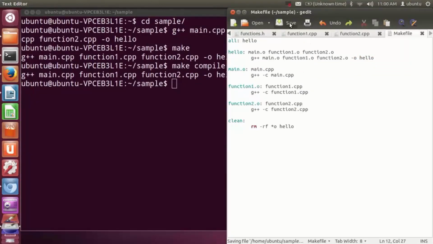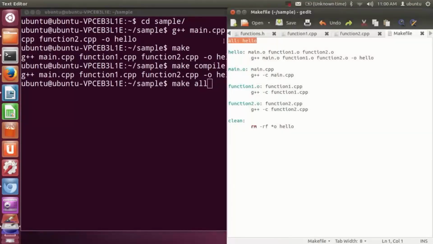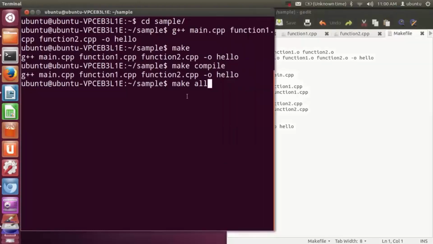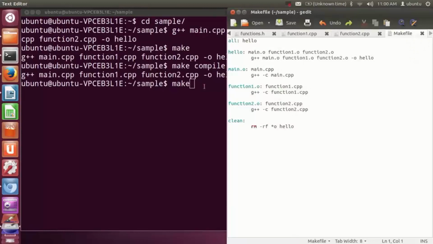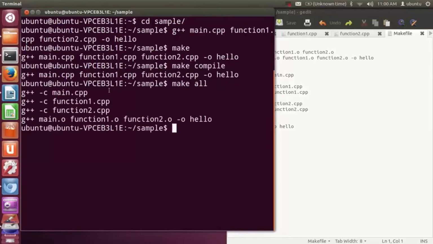So let's save this and let's compile it. So I will write make all. If you write make all, then it will go to this first target, because this first target name is all. Or you can give the command make also, because it will by default go to the first target, right? So right now I will show you this by make all and press enter, and you see here first